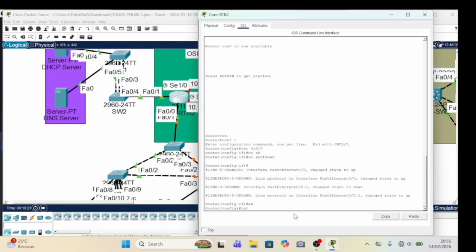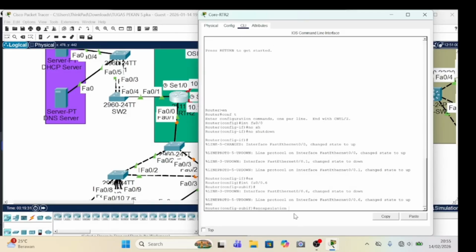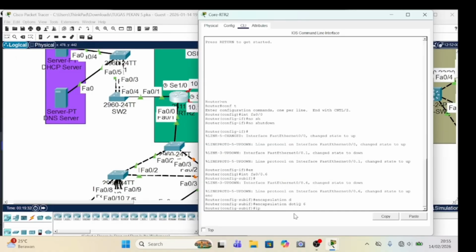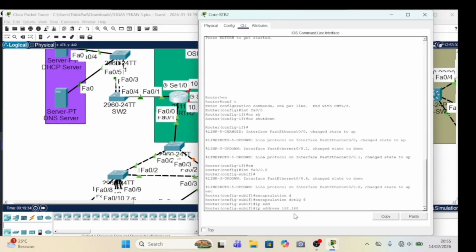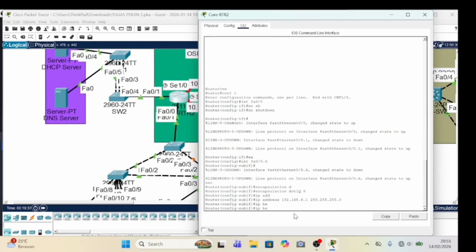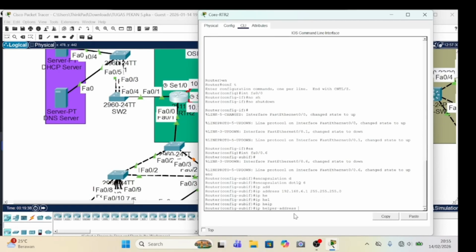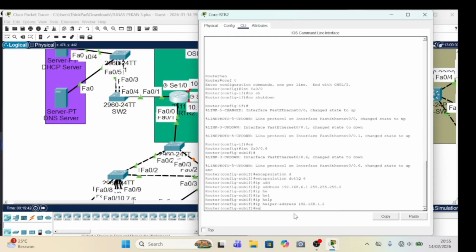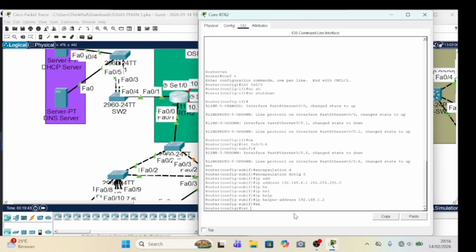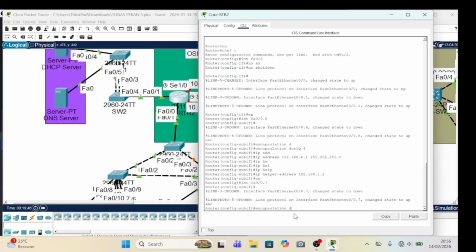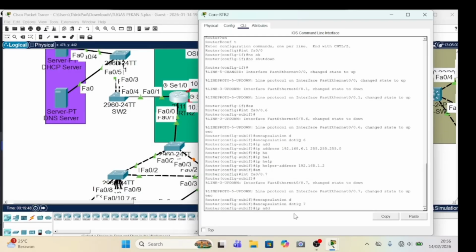And now create subinterface 0/0.6, encapsulation dot1q 6, IP address. Okay, and IP helper address. Okay, and exit. Now create an interface VLAN 7, encapsulation dot1q 7, IP address,